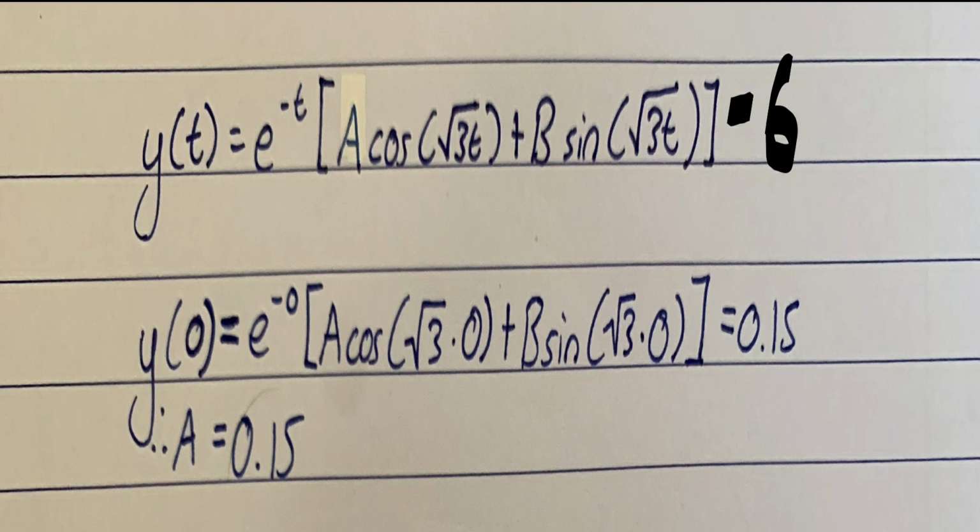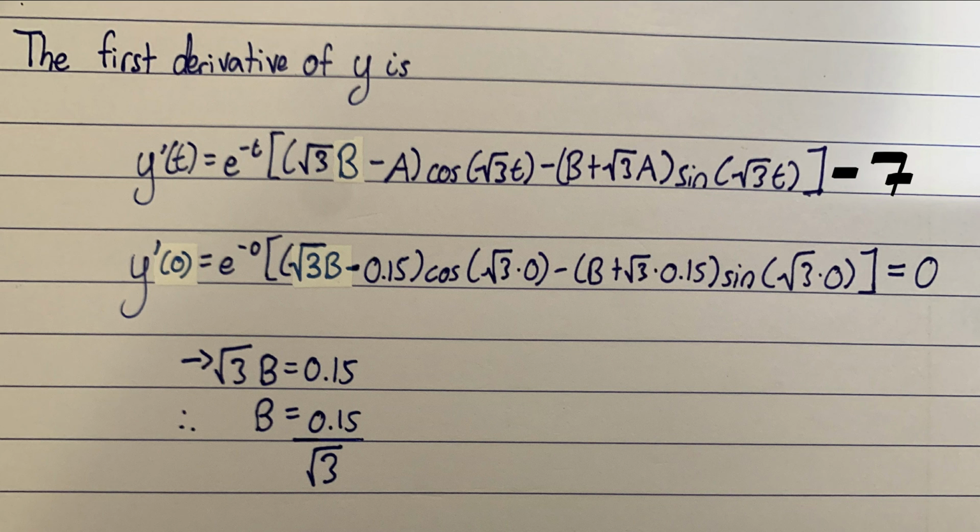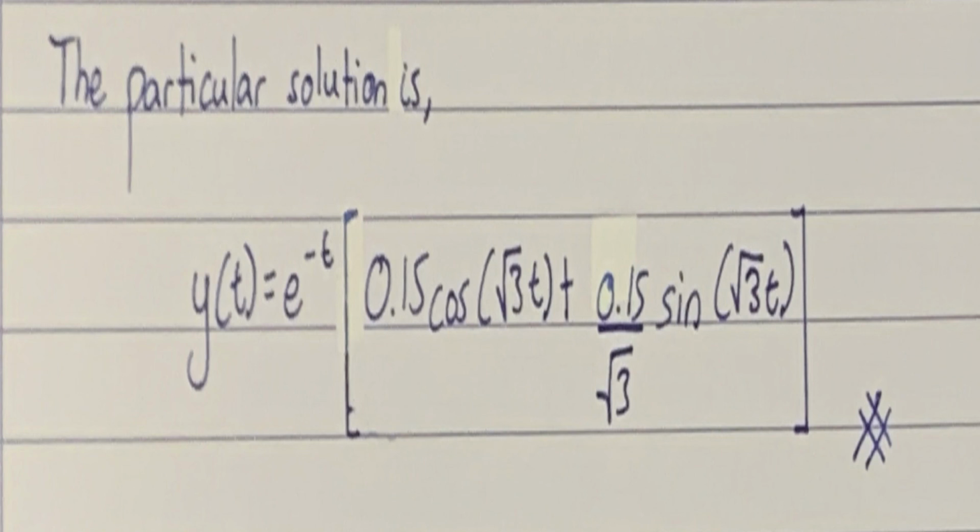First, we apply the initial displacement condition and we get a equals 0.15. The first derivative of 6 is, we can now apply the initial velocity to equation 7 and we get square root 3 multiplied by b equals 0.15. Therefore, b equals 0.15 over square root 3. Thus, the particular solution for this example is